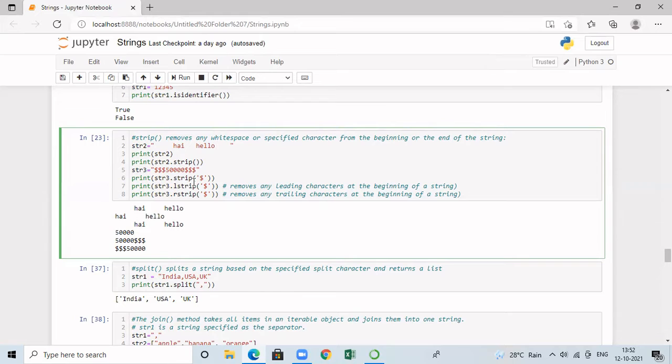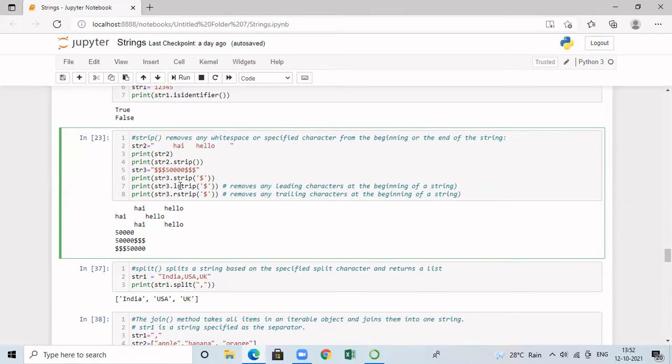In addition to the strip method, we have another method called lstrip, which is going to remove the white spaces or otherwise the specified character from the beginning of the string. L stands for left. So in the left direction. Left direction means beginning of the string. So in this I am calling lstrip by passing dollar as the argument. Then this particular string object is used to call the function str3.